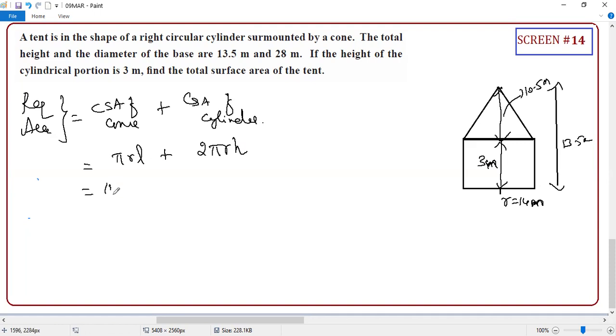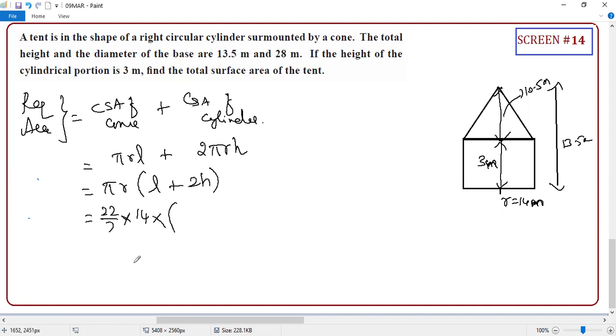Guys, what is the third step? Take out the common factor: pi R times (L plus 2H). Very important, 2H. Now, guys, you have to substitute the values. Whether I have pi, shall I substitute pi as pi or 22 by 7? Guys, I think you can substitute 22 by 7. It will get cancelled. Let's see that. If you're not able to, then we'll bring back pi. No problem. R is what? Yeah, 14. Yes, you can cancel it.